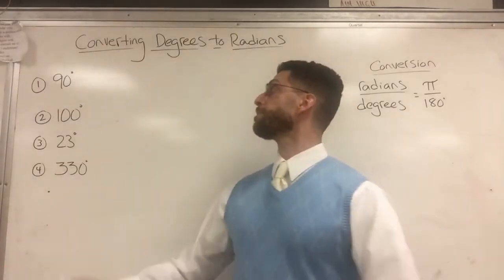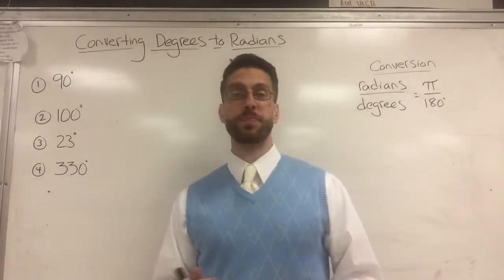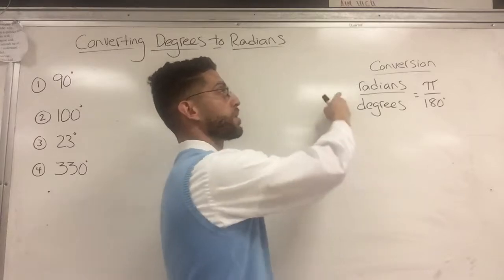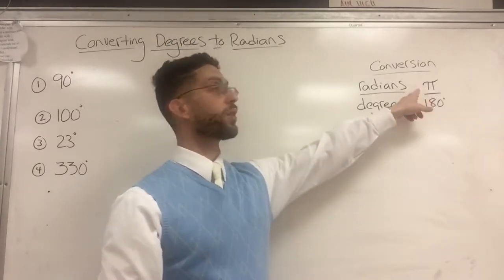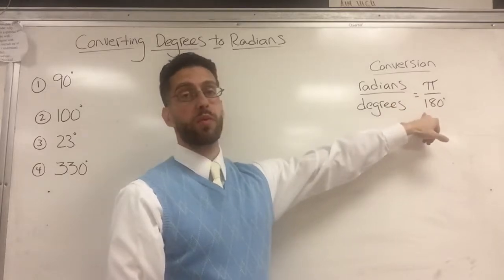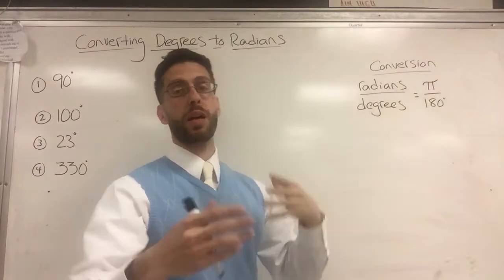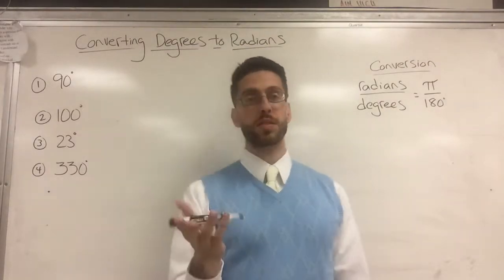So let's look at 90 degrees. How could I write that in radians? So here's something you have to know. There's a conversion factor. You have to understand that for every pi radians, that's equivalent to 180 degrees. So pi is to 180 degrees, and I can set up a proportion now. But just think about that. If pi is the same